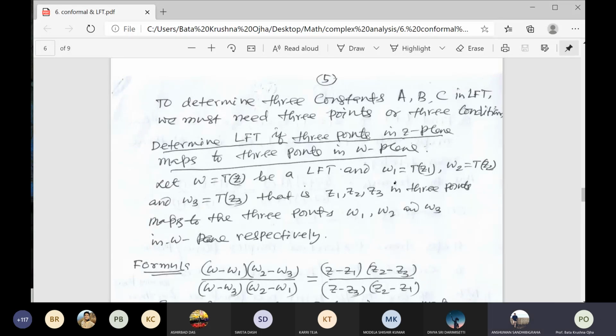If any student has a doubt, can you send this PDF? Can you send this PDF, sir, so that we can read it? You have not got the PDF? No sir, we haven't got it. All right, just now I will send the PDF. I have sent it on the WhatsApp group.